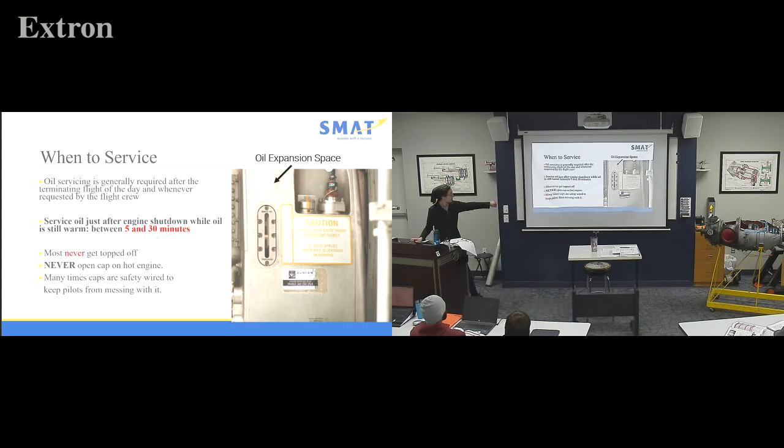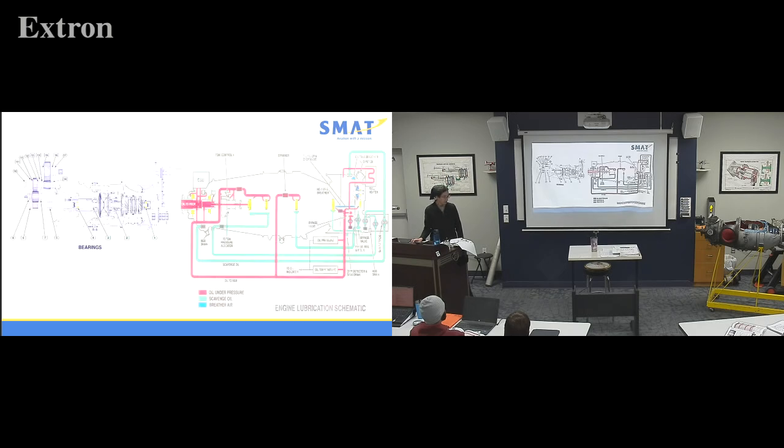Here we go. Here was a picture of our tank, and then we have additional expansion space that the oil wouldn't be sitting in, but it can expand into that space if it's really frothing up. So this is a PT6 diagram,